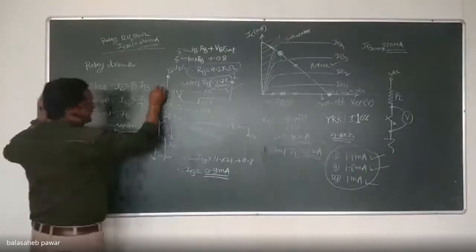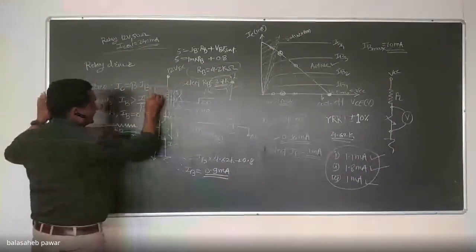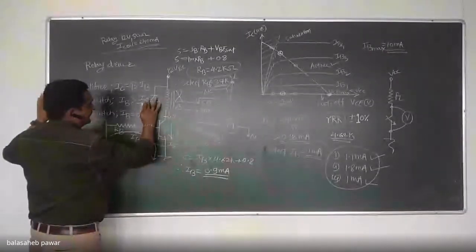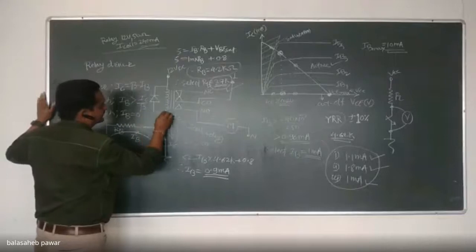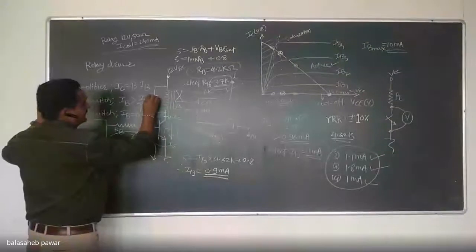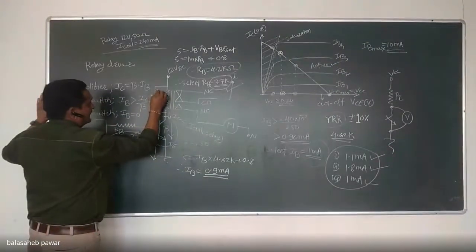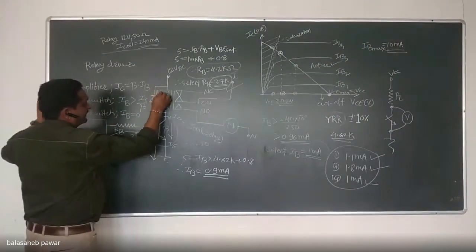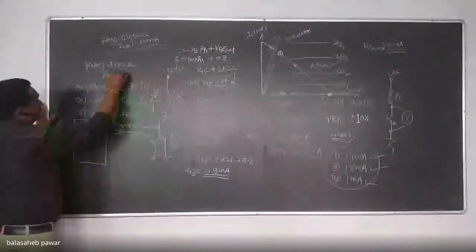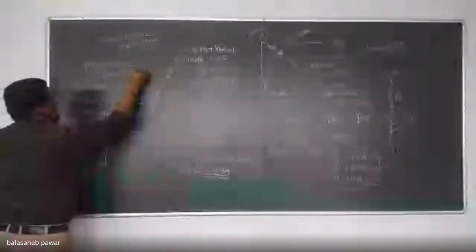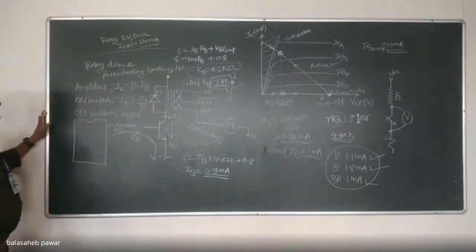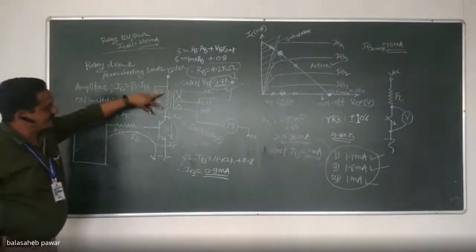That is remaining. Generally, we prefer one freewheeling diode across the coil of that inductor. It is somewhat connected like this. Is it visible properly? One diode I connected across the coil. This is known as FFD, that is freewheeling diode. It is a freewheeling diode which is connected across the coil of that relay.